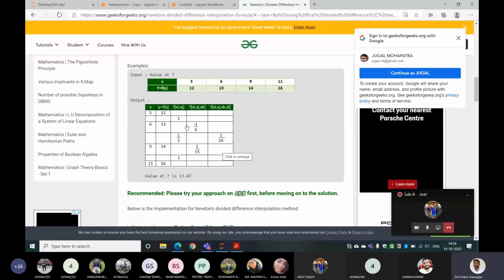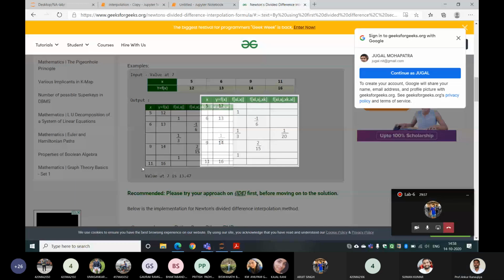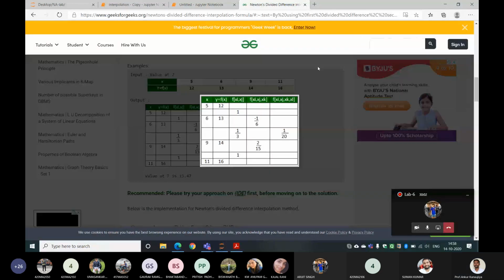So if you are in the second column, then the difference of this will become 2, like 11 minus this, will skip one entry. This is x0, x1, x2, x3. So 2 difference. Similarly, if you are calculating this, then you have to take 3 difference. This is 0, 1, 2, 3. So 3 minus 0. Then you will get this entry. Is that clear? In this column, 1, 1 difference. In this column, 2, 2 difference. Here 3, 3 difference. So is that difference clear to everyone?